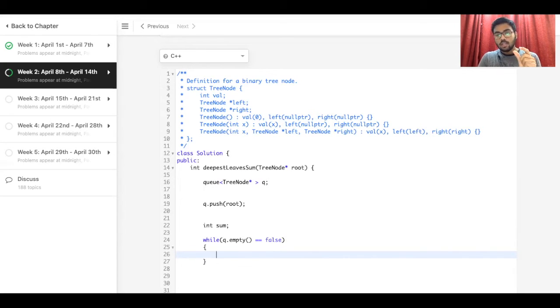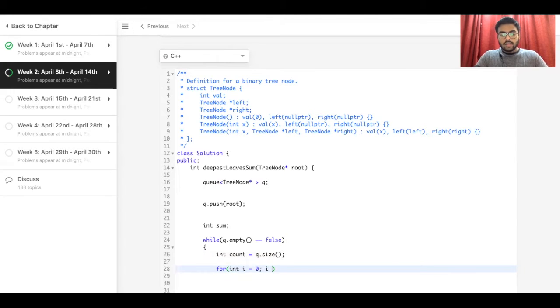If it gives the empty queue, that means we have reached the last leaf of the tree, and therefore we need to get out of the loop. Now I'll be making a variable count which gives us the size of the queue.